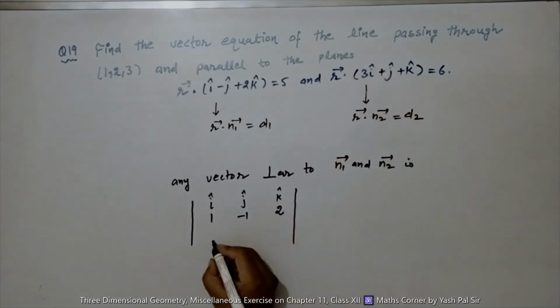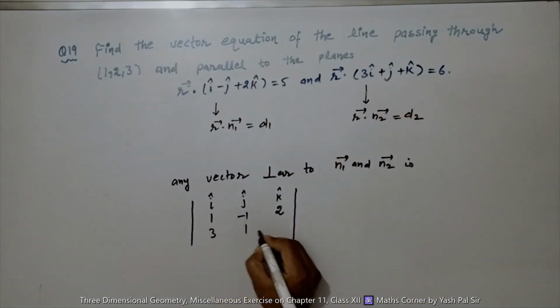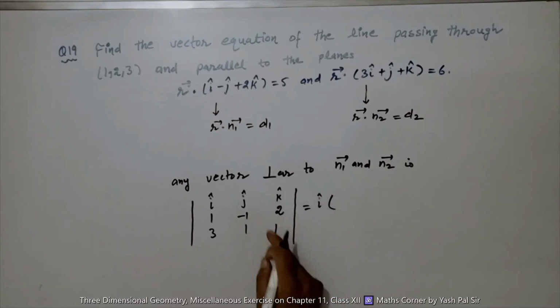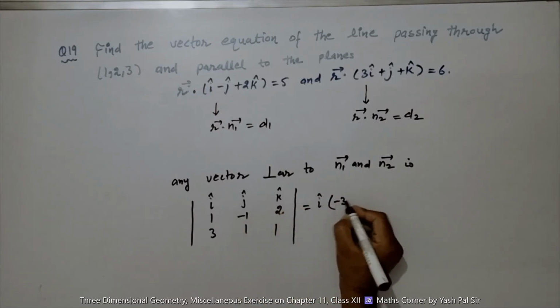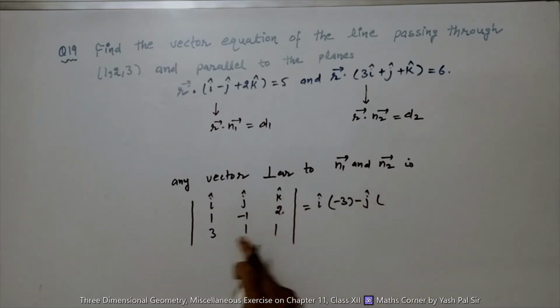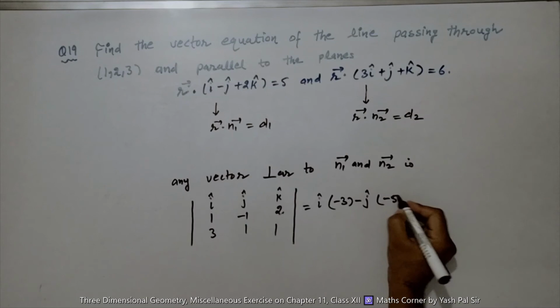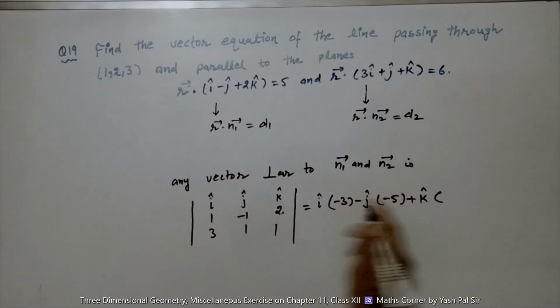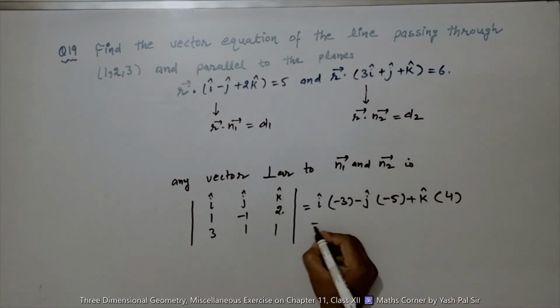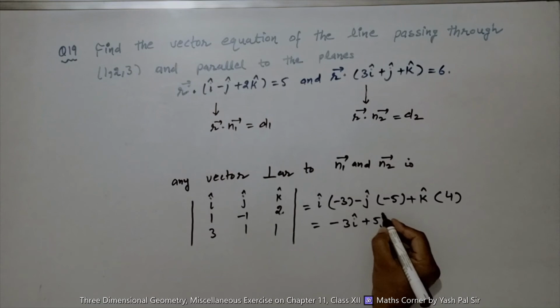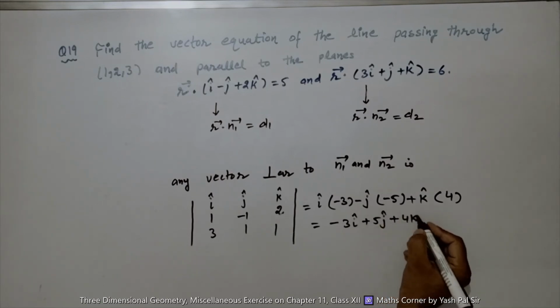The scalar components of n2 are 3, 1, 1. That means i(-1 - 2) minus j(1 - 6) plus k(1 + 3), that means -3i + 5j + 4k,